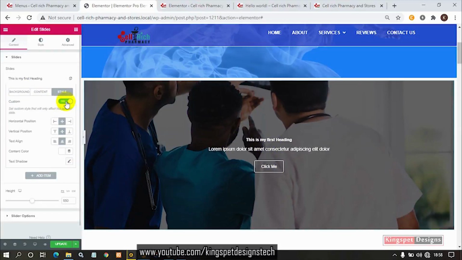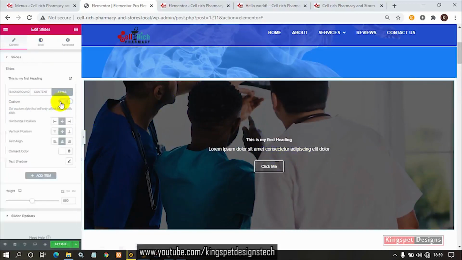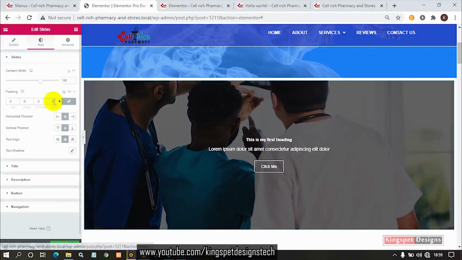Now if I remove the style, you can see this other style is taking effect. So in case you want to just make use of this style here, that is why when I came to this side and tried working on this place, it wasn't showing. That was because I already did that in this particular content area